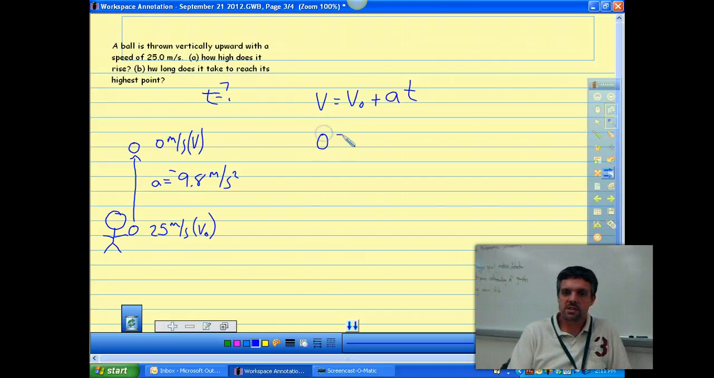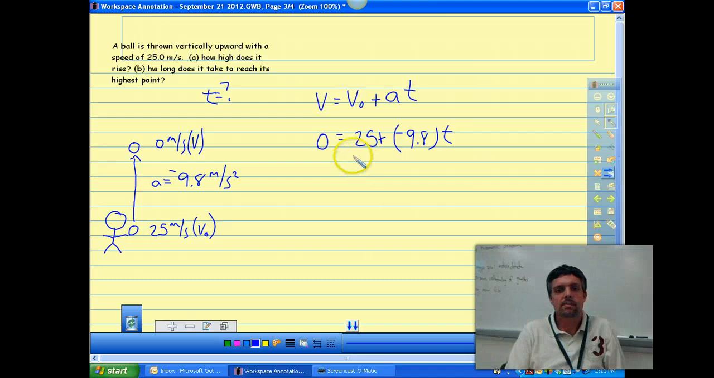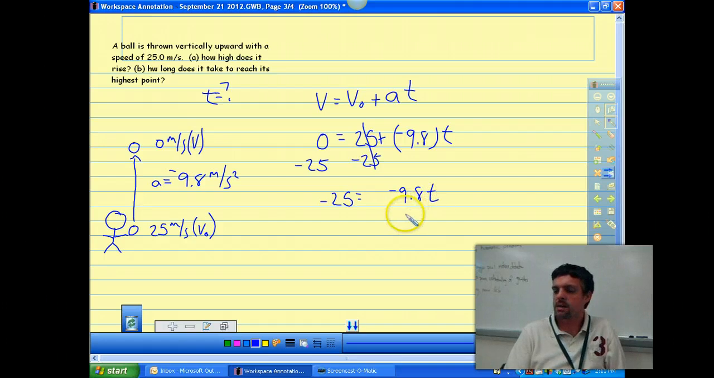So v is still 0. We started off at 25. We have a negative 9.8 deceleration, and t. Doing the same thing. I'm going to subtract out my 25 because it's being added here. Negative 25 is equal to negative 9.8 t, and we're just going to divide both sides by negative 9.8,